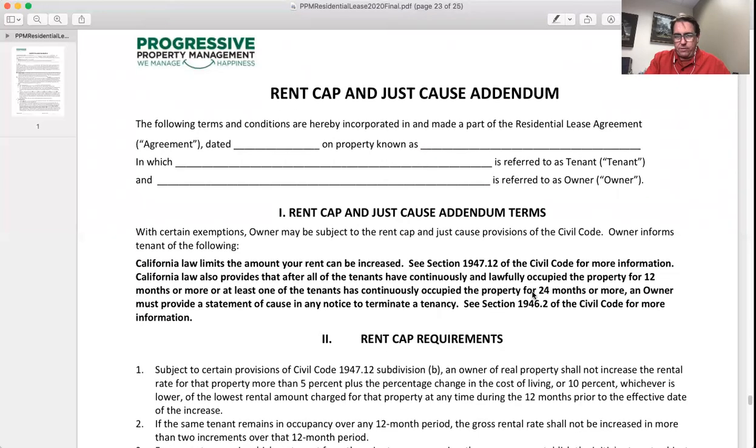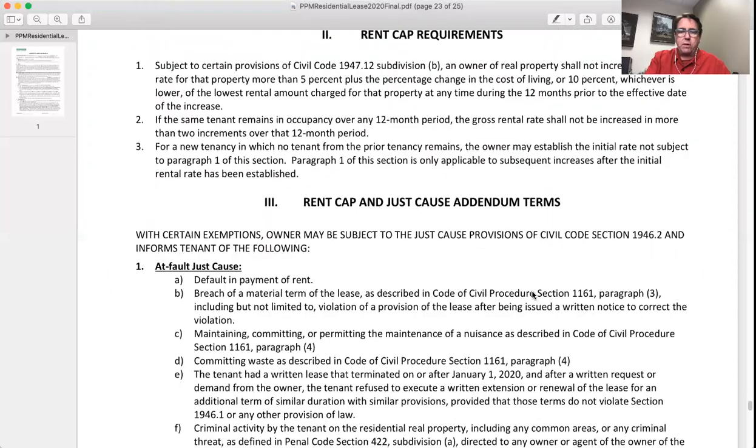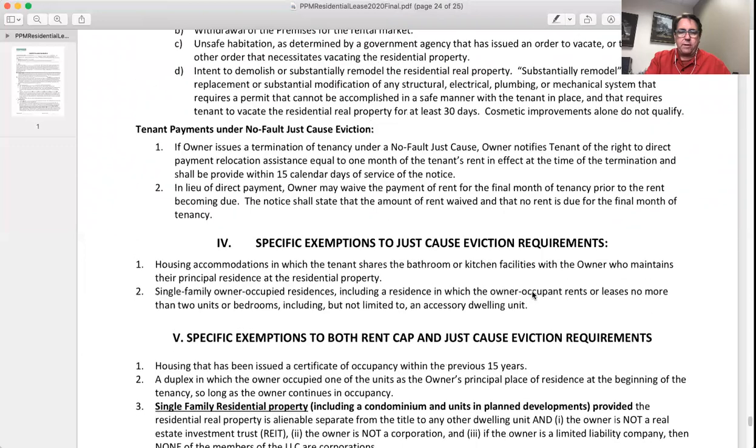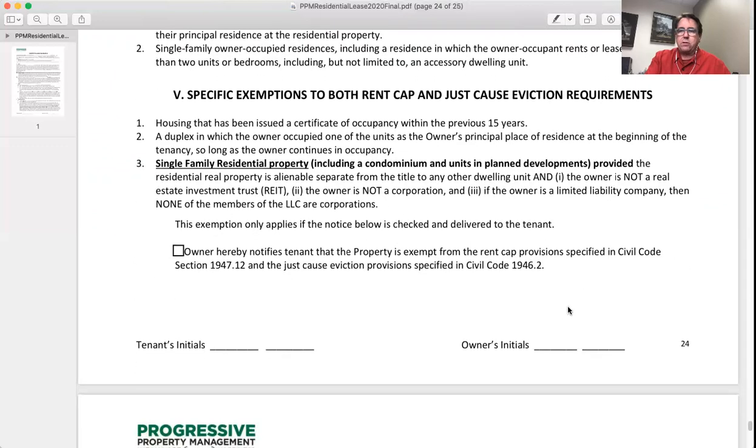And this is a new law for this year, the rent cap and just cause eviction. So this must be filled out and given to you. And the key section is right here. If your property is 2 units or more in the state of California, you're subject to rent cap. Your rent cannot increase currently more than 5% over CPI, Consumer Price Index, and you can't be removed unless there's just cause, like you don't pay or you don't abide by the contract. But if you're in a single family home or a townhome, then you would not be included in the rent cap and just cause eviction, but that has to be disclosed to you as well.